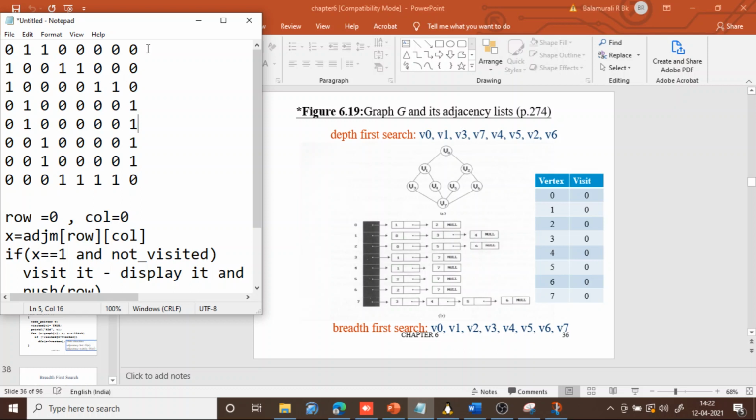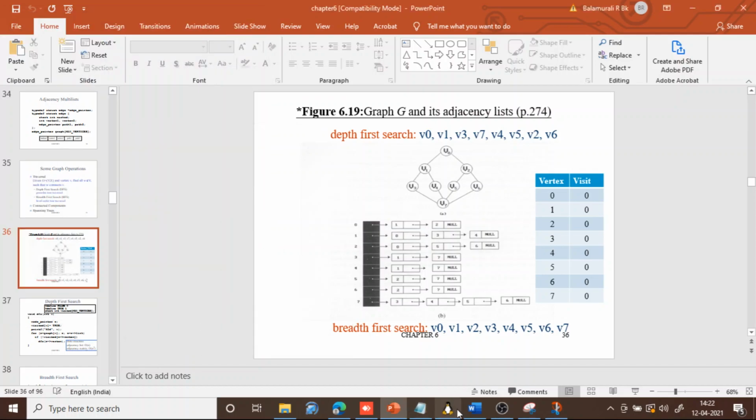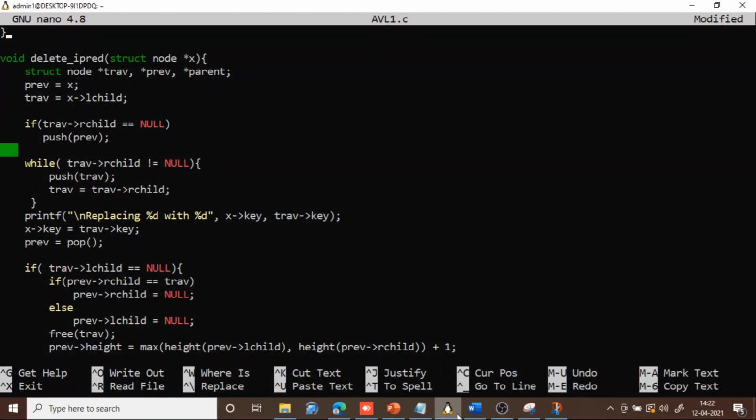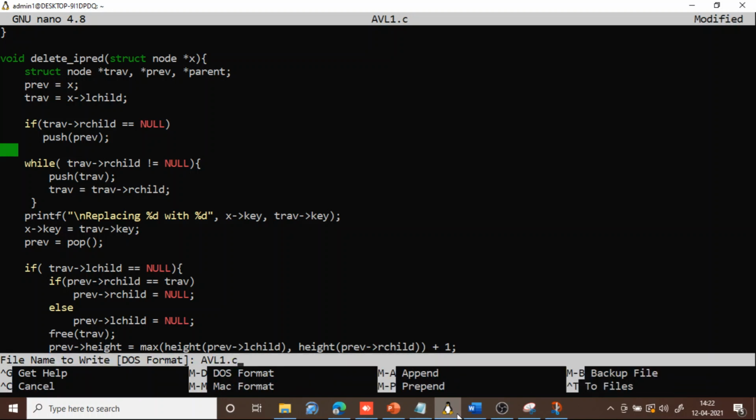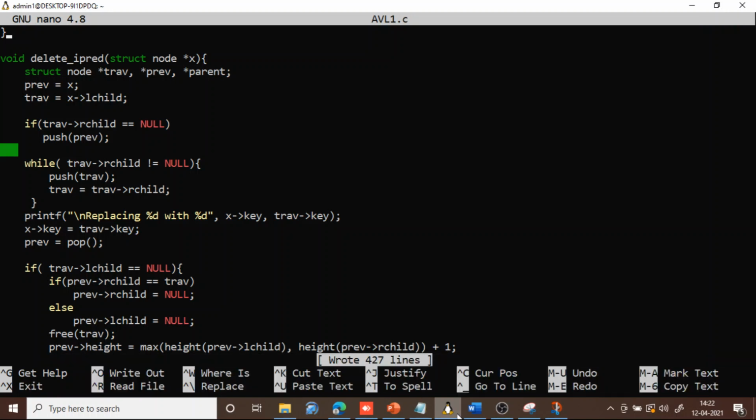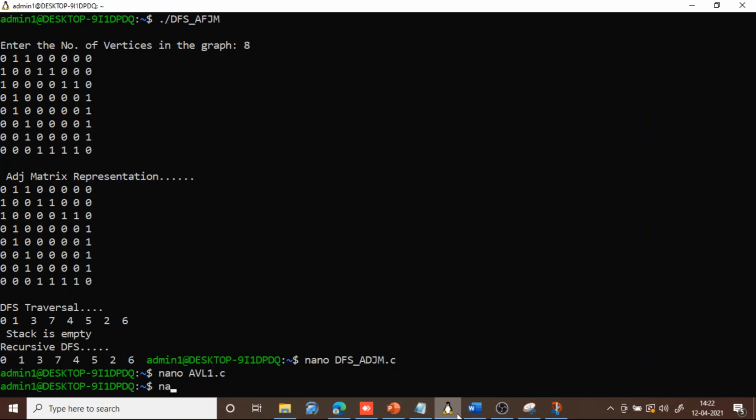If you reach a dead end, then you have to pop. Then row is equal to pop and column is equal to 0. While popping, if you get -1, that is, if the stack is empty, then you stop the process. I hope you are understanding. Anyway, I cannot explain further. If you still have doubts, you can contact me. I'll show you the execution of that quickly.